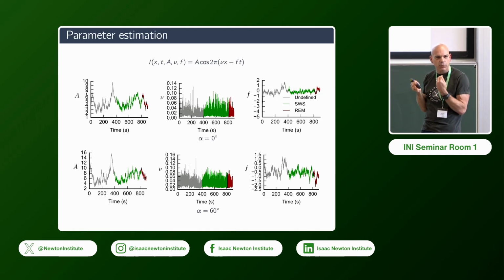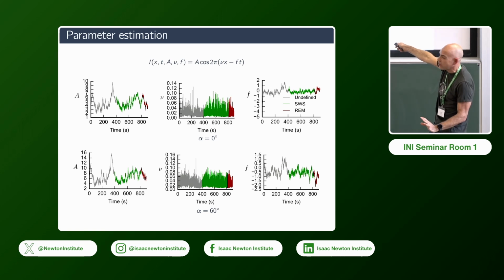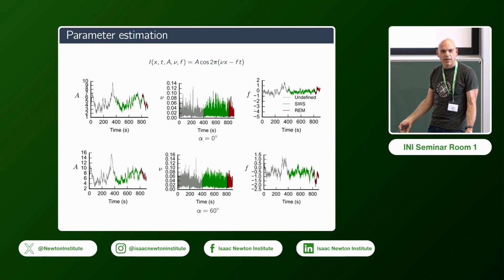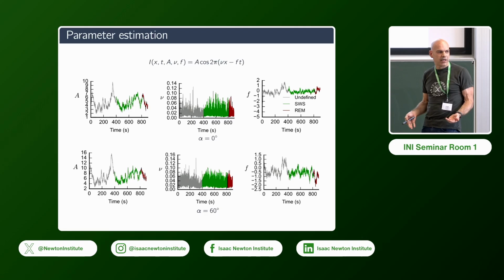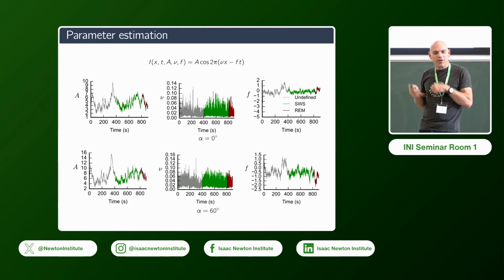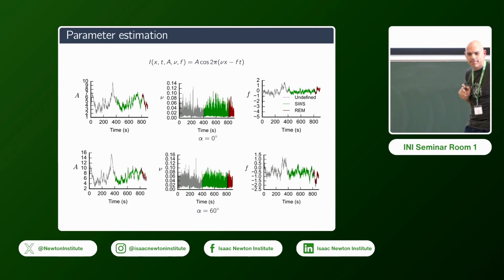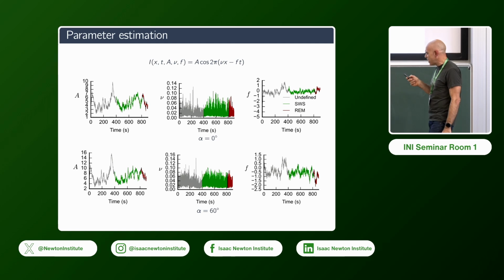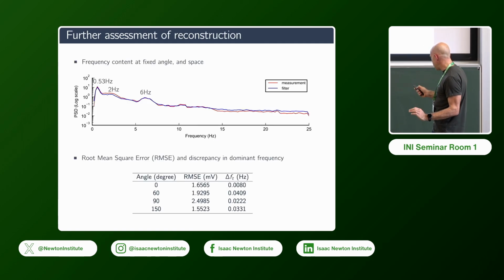The way this happened, once again, we just went to the people in Radboud and asked them, and this is genuinely not staged. We said, look, we see a blip at around 400. And we don't know if it's physiological or if it's just the algorithm that is giving us something like that. And they said, oh, we know what happens. The mouse has entered SWS phase. They had basically labeled the recording with the phases, it's just we didn't have the data sets. Okay? So this is the type of thing that this type of analysis can do, and I hope I've convinced you a little bit that it is...